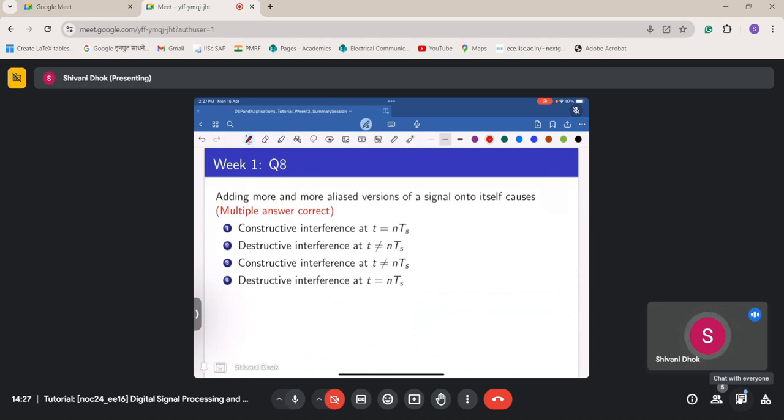So yeah, this is a very simple question. Like this proof is not taken in class. This was given as a challenge in the lecture. So just don't bother regarding the proof of this. But this was mentioned in the lecture, in some lecture in week 1, that when I'm having sampling, I have aliased versions coming into picture, and these multiple copies lead to constructive interference at every integer multiple of sampling duration, and a destructive interference at all other time instances.